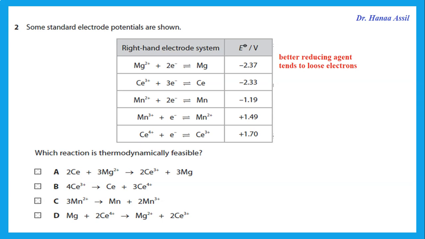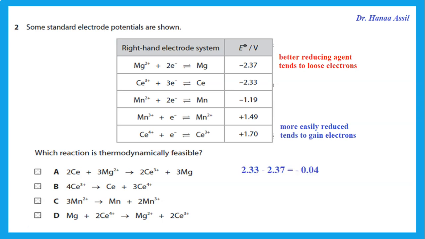So in this list where we're going from electrode potentials negative and then positive, the ones on top are the better reducing agents. That means we're basically looking for something that is going from magnesium to magnesium 2 plus, or we can